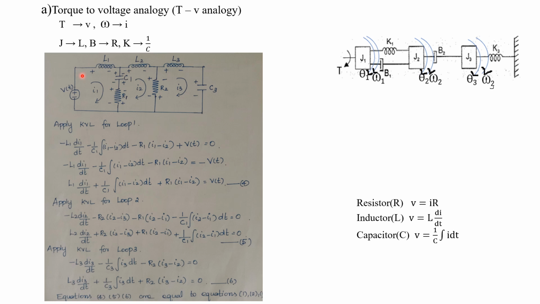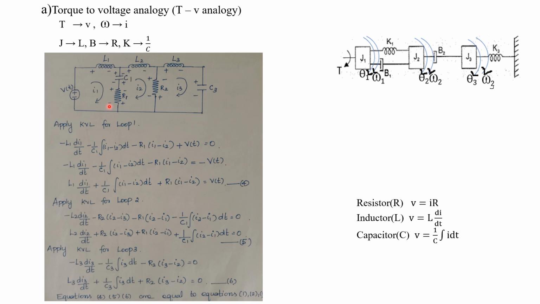We can start from here, and we have to go through the different elements like this, and we have to finish at the same point, okay? So now, when we are starting from here, going from plus to minus, it will be minus. What about the voltage drop across this L1? Listen here, the voltage drop across this inductor L will be L into di by dt. So here it is L1 into di1 divided by dt,